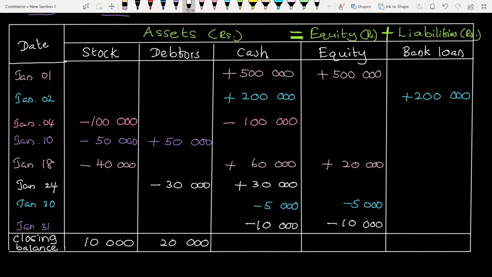Minus 100 is 600. Then plus 60 is 660. Plus 30 is 690. Minus 5 is 685. And again minus 10 is 675. So the closing balance of the cash column is